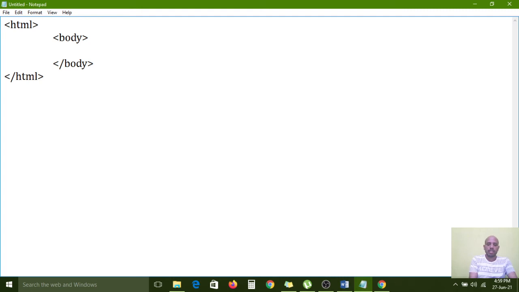Now here, enter your name, input field, input type equal to text. After that, onkeyup equal to, a function we need to use here.